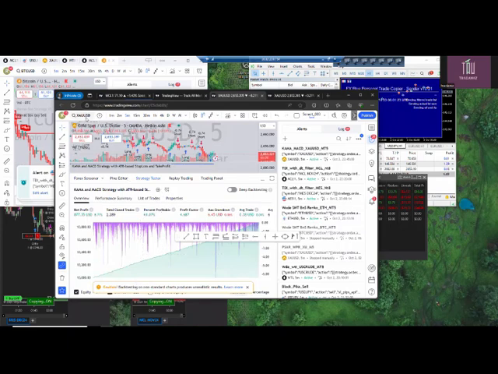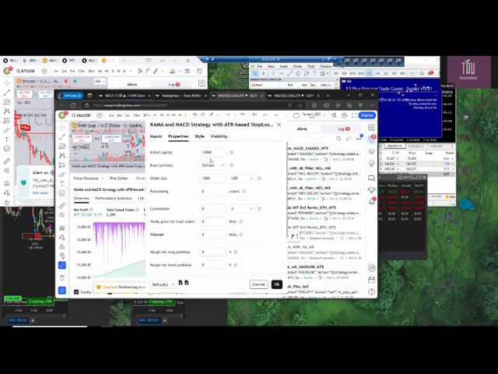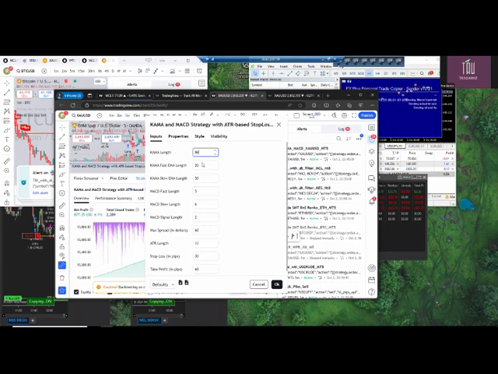This is forex, so I would set it to USD and 1,000. If you're using futures, you set it to contracts, then that would be one contract, and it should be maybe $50,000.